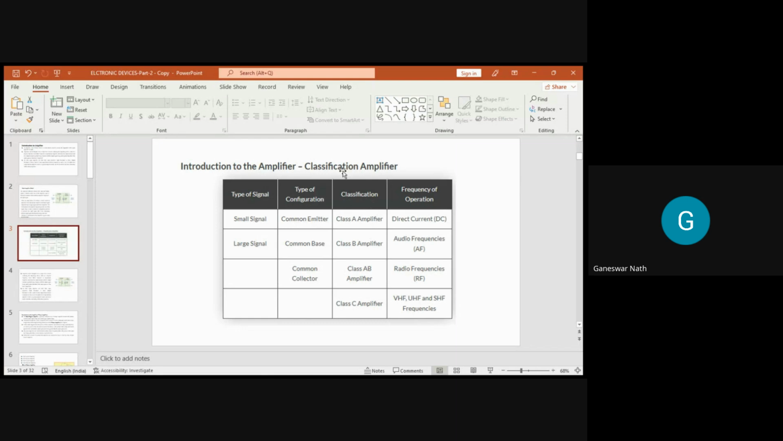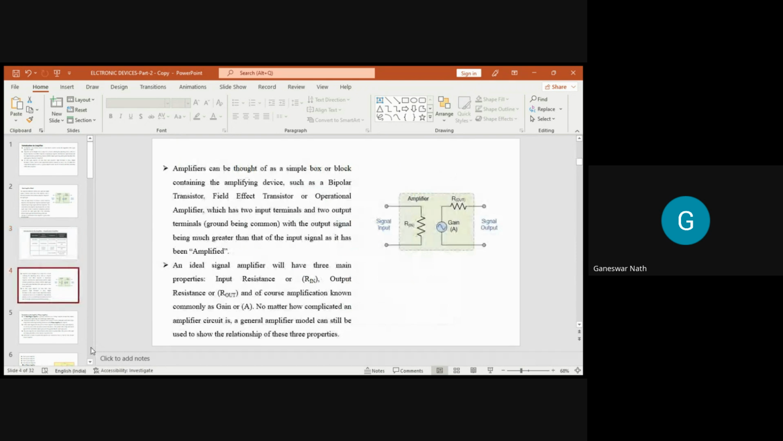Then the classification is class A amplifier, class B, class AB, class C, and the frequency of operation is for direct current. You can operate this over class A, then audio frequency for class B, and radio frequency for class AB, and very high frequency, ultra high frequency, and small high frequency signals we can use in class C actually. Now I'll come to these one by one, but before going to that, you can see